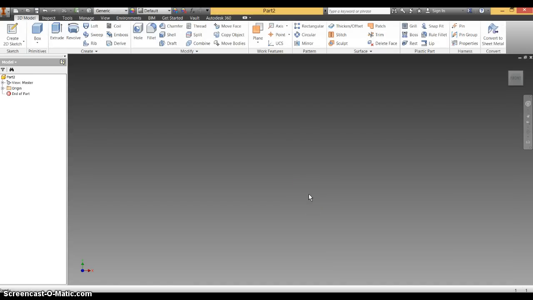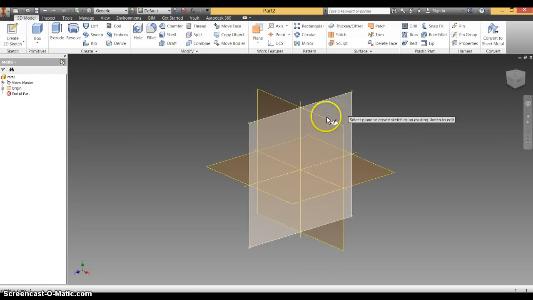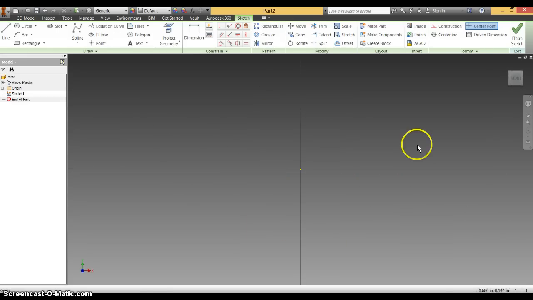And mine aren't saving correctly, but that won't affect you. When we're on here, we're going to create a new sketch. And we're going to be able to draw the profile that we see on page 5 of 5.2b. Now, remember, if I go too quickly for you, you can always pause or rewind to see if you missed something. So I'm going to start with the horizontal line that makes up this